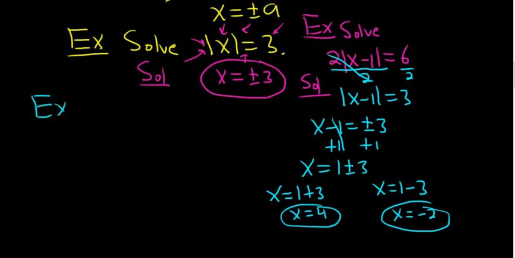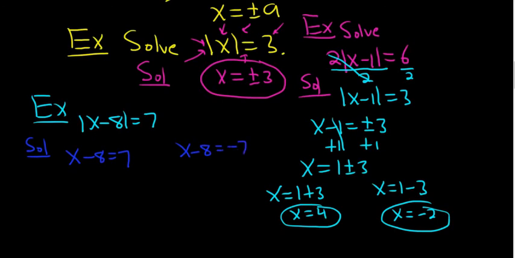Typically when I do these, like if I was doing, say, absolute value of x minus 8 equals 7, you drop the absolute value, but what I usually do is I don't put a plus or minus. If I know there's more work involved, I'll do this. X minus 8 equals 7, and then I'll write it again over here. X minus 8 equals negative 7. I prefer doing it this way than putting a plus or minus, but it's up to you how you do